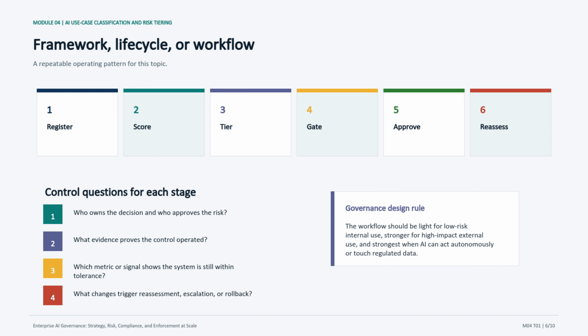The design rule on the right is the practical point. Low risk internal uses should not be buried in process, but high impact external systems, regulated data, and autonomous agents need stronger gates and runtime controls. Once the workflow is clear, we can talk about tooling without falling into the trap of assuming one platform solves